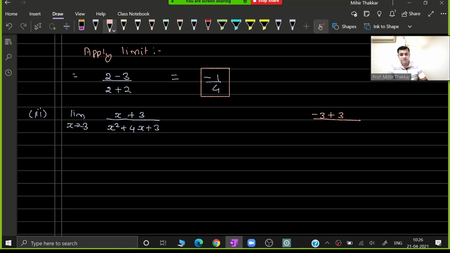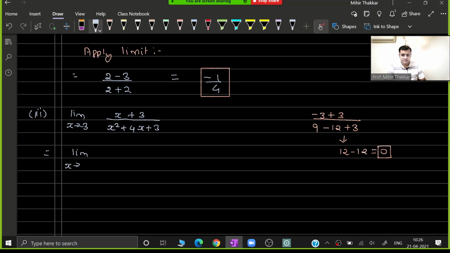So over here, it will become minus 3 square, which is going to be positive 9, plus 4 into negative 3, that is going to be negative 12, and then again plus 3. So yeah guys, the denominator is becoming 12 minus 12, which is 0. Because the denominator is becoming 0, therefore I can say that I have to factorize the denominator. Numerator need not be factorized because it is again a simple linear function given to us over here. So I will write it like this.